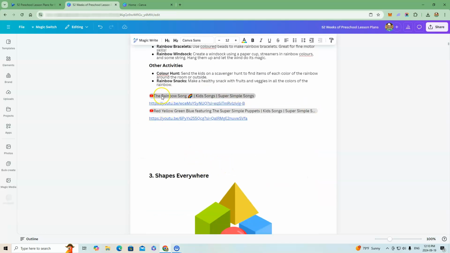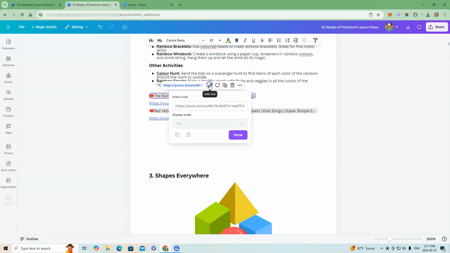But what it was doing is, you can see here, these links right here, it was pasting these in, but when this was exported, the rainbow song, this gray image was flattened and it wasn't linking to anything. So what I did to correct that is I came in here, I clicked on it because I knew this wasn't working in the exported PDF, and then you went up to edit link,